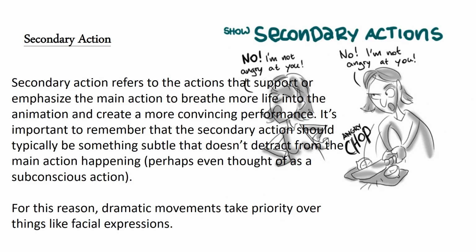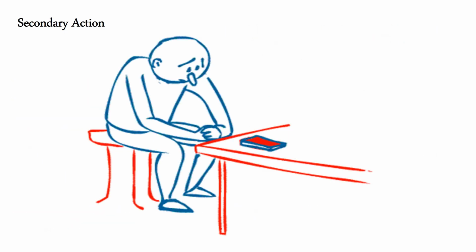secondary action refers to the actions that support or emphasize the main action to breathe more life into the animation and create a more convincing performance. It's important to remember that the secondary action should typically be something subtle that doesn't detract from the main action happening, perhaps even thought of as a subconscious action. For this reason, dramatic movements take priority over things like facial expressions. For example,